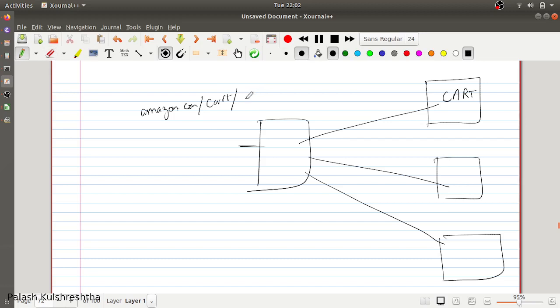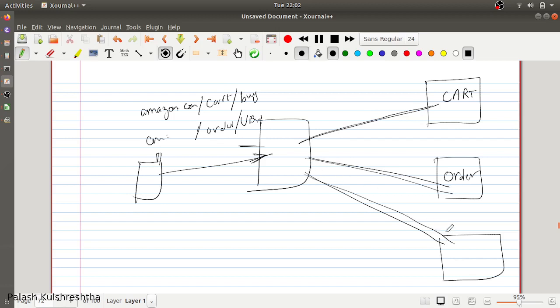Or let's say buy. And if you want to access your orders, you just write amazon.com/order/view. This way, your application is sending traffic only to the gateway on a single domain, or they can be multiple domains also. But the gateway is routing these requests to their respective services.